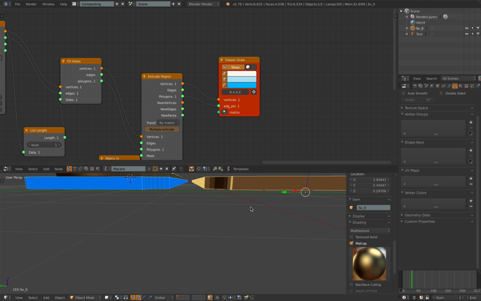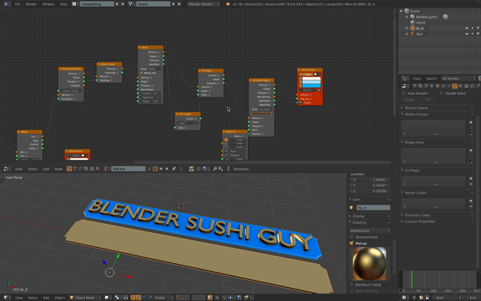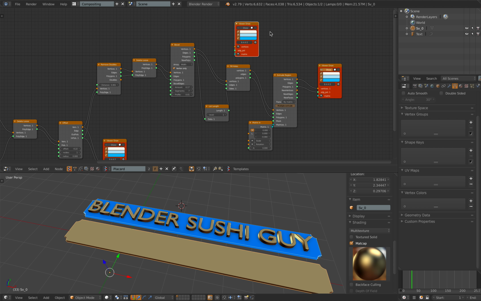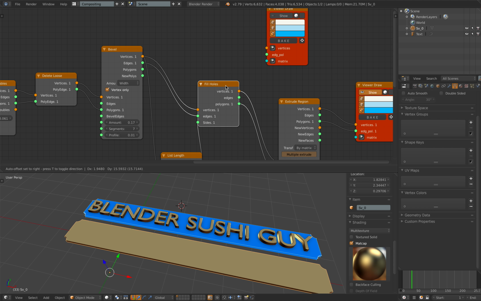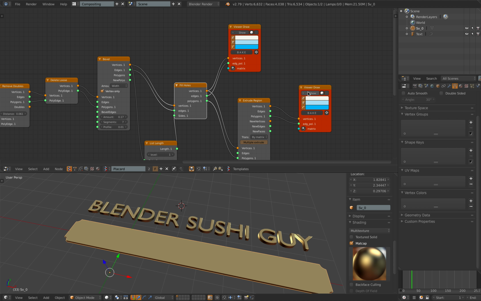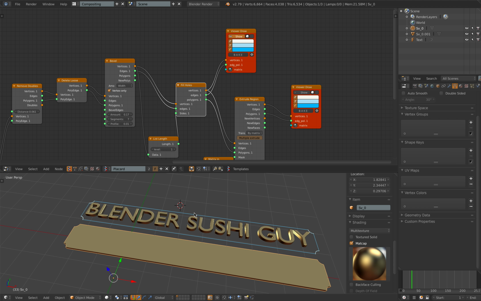So if I bake this out, we got this placard, right? So it's kind of okay, but I kind of think it should be more detailed. So we can do that apparently. Luckily, if we just output the edges like that